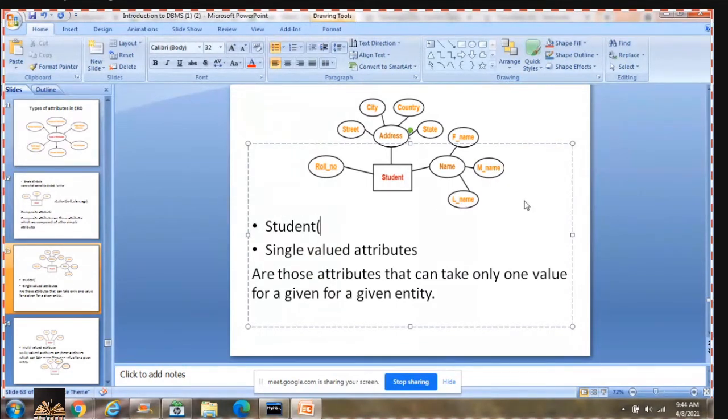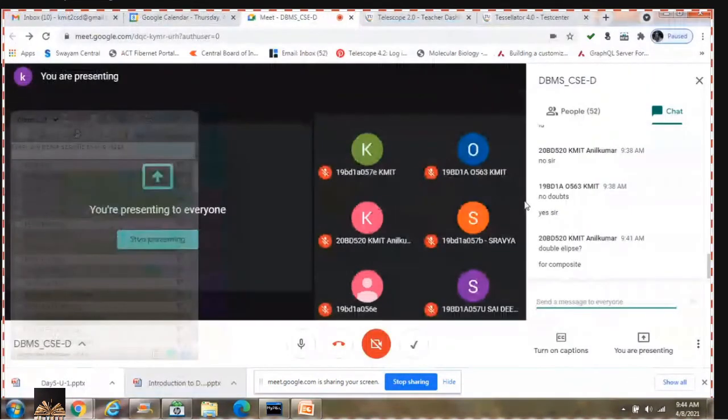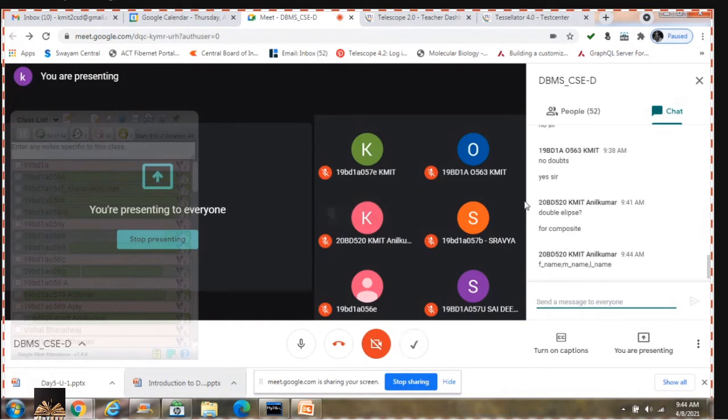What would be the attributes? First name, middle name, last name. Right, good.